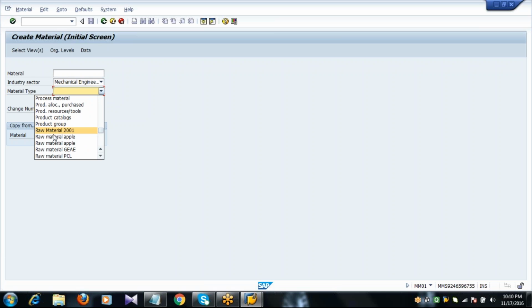See here, there are so many raw materials out there: raw material PCL, GAE, Apple, 2001, etc. Out of which, which one is ours? That is raw material 2001. So in order to identify our material type perfectly, just use the suffix so that you can identify the material types. Next, select views.